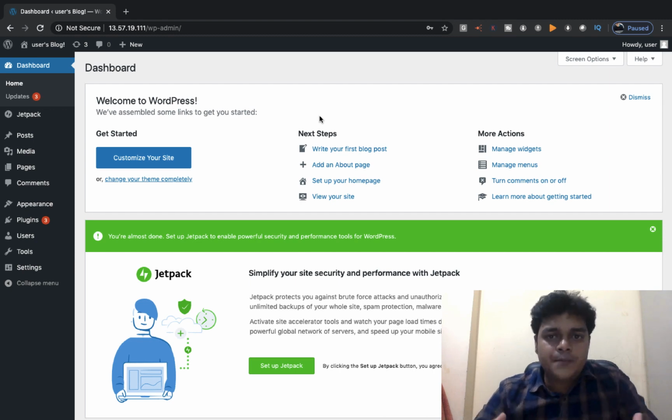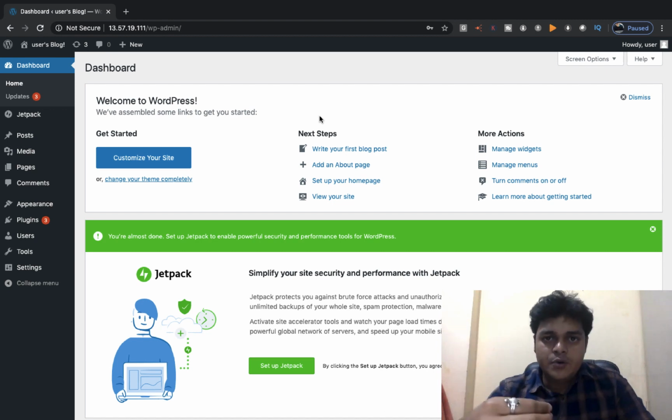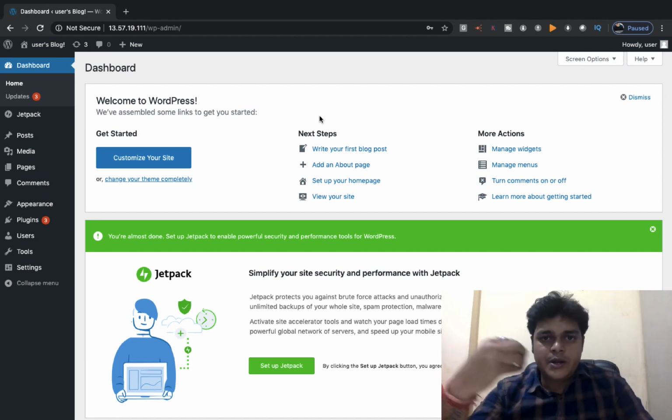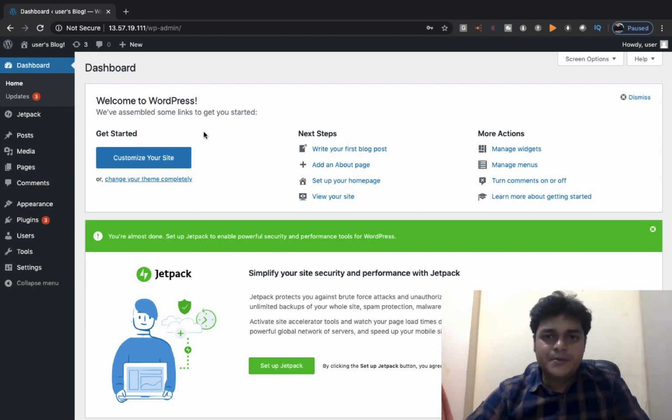If you know about WordPress, you can start creating your website, right? If you don't, but you have an idea how to maintain the WordPress server from the AWS portal, it is our responsibility to provide the user ID and password to the developer, and the developer can start creating the website for you. It's our responsibility to maintain the servers you created over the AWS portal. But I'm going to show you how we can create your own website.